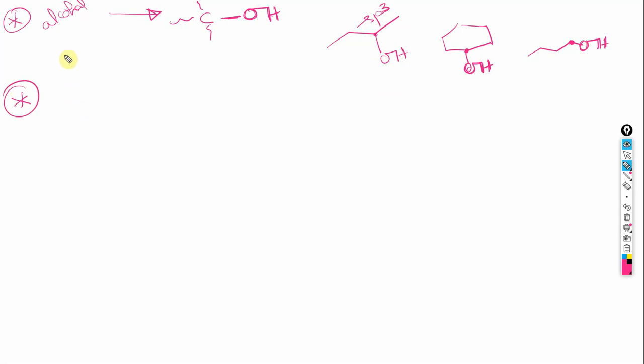The next functional group that is closely related to an alcohol is an ether. An ether is carbon, oxygen, except instead of a hydrogen you will have another carbon. So this is an ether. This is an ether. So an example would be